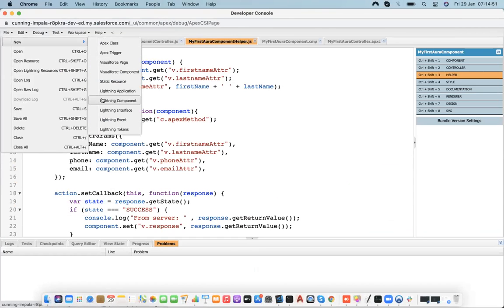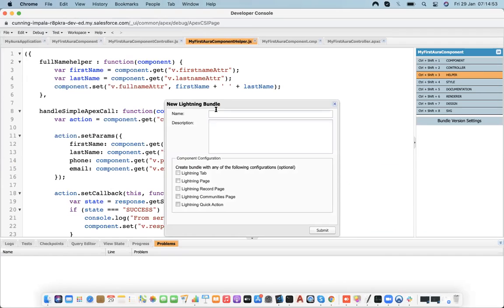I will create a new component. I'm leaving this one blank.